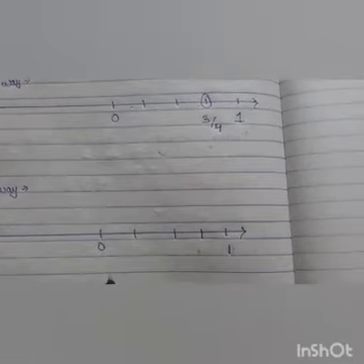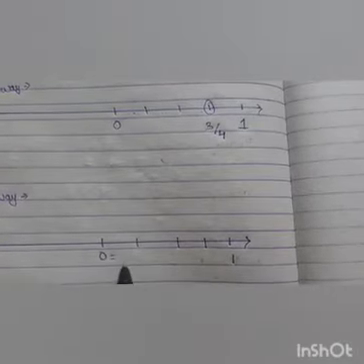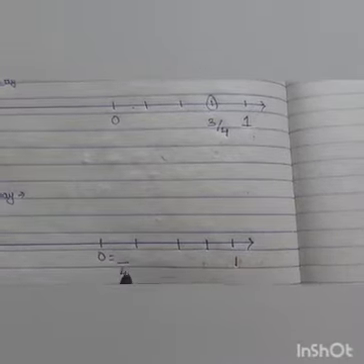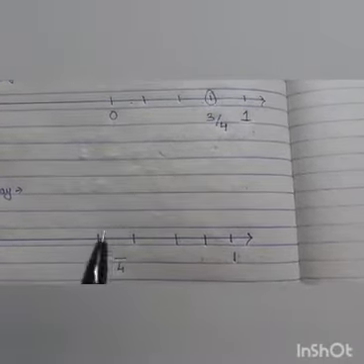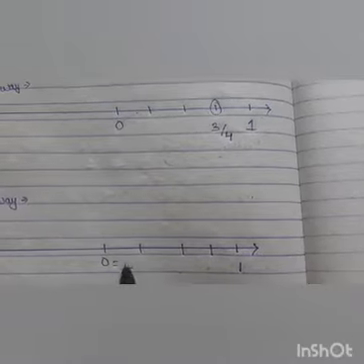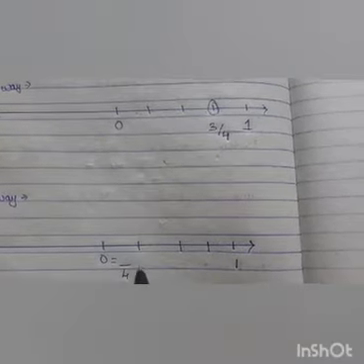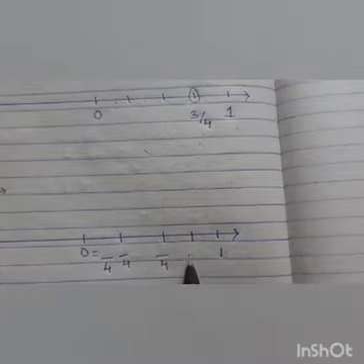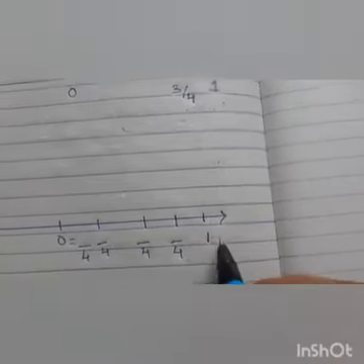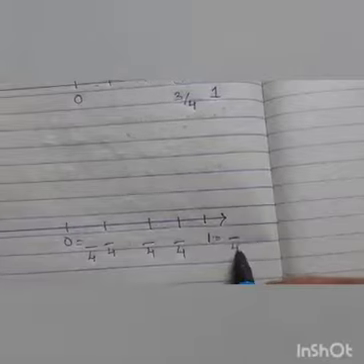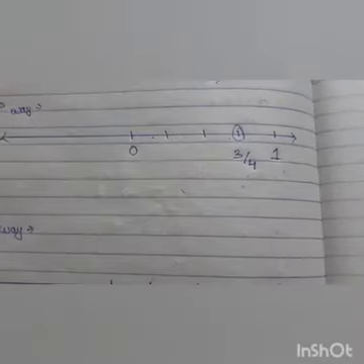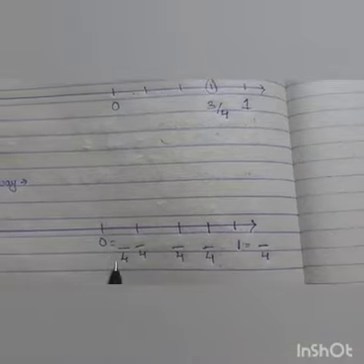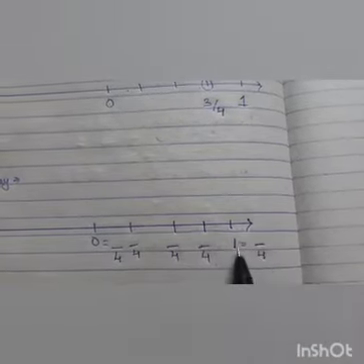If I divide 0 by 4, it will be somewhat like this, something divided by 4. Now what is this something? Something means the numerator. We need to know what value will come here, okay. Similarly here also divided by 4, here also divided by 4, here also divided by 4 and here also divided by 4. Now multiply the denominator by the lower limit and multiply the denominator by the upper limit.